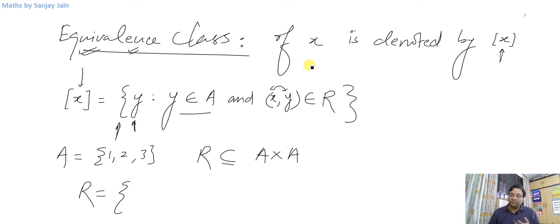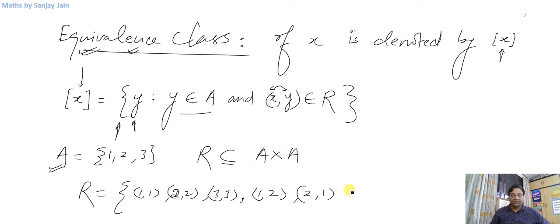So for a relation to be an equivalence relation, it should be reflexive, symmetric, as well as transitive. So for it to be reflexive, when I'm defining this relation in set A, I'll have elements 1 1, 2 2, 3 3 for sure, right? Because it is reflexive, and it has to be symmetric. So let me take two elements like this, 1 2 and 2 1, and that's it. So I've selected this relation.